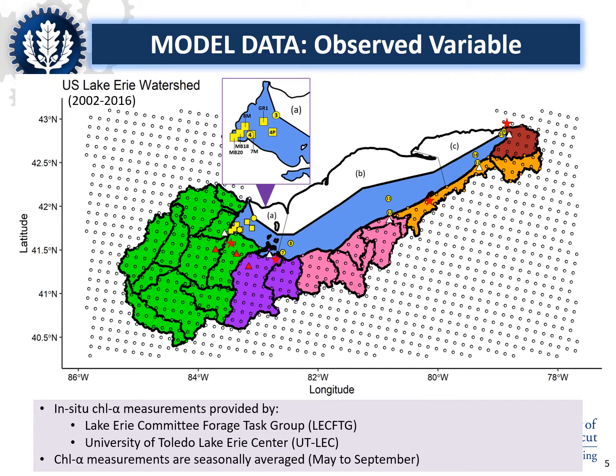The chlorophyll-A stations across the western, central, and eastern basins of the lake have also been paired with one of the specific watersheds that are outlined in green, purple, pink, orange, and brown. For this presentation, we will solely focus on this green watershed, which is paired with the stations located in the western basin, which are also the most problematic stations in the lake, which suffers the most from high chlorophyll-A concentrations. The reason we're focusing on the green watershed is because it encompasses the Maumee River watershed, and it's the area that is most widely affected by agricultural activity near the lake.